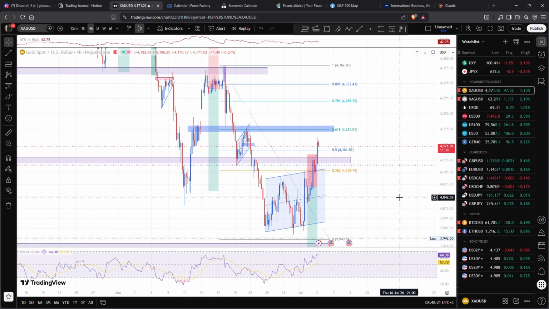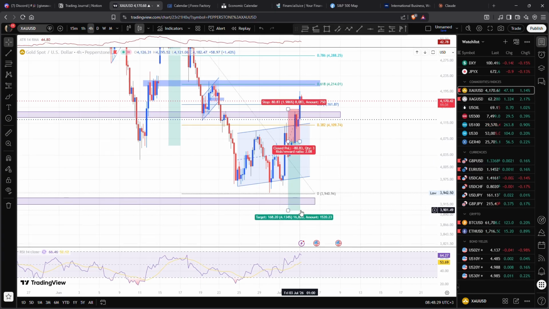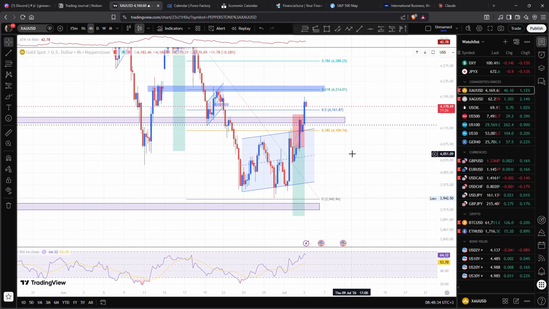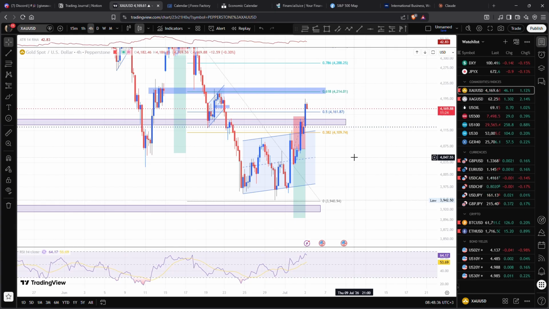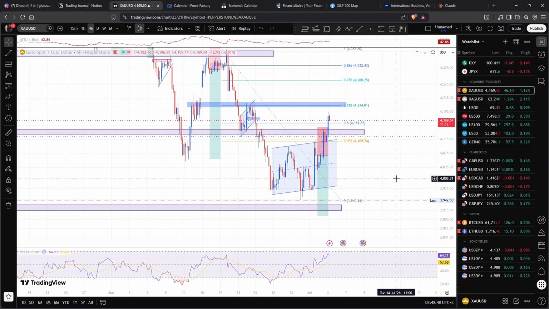So this was the short position I had on gold. I had a clean flag that had formed. Took my short position here. I really don't have targets. I usually just let my winners run as far as they can and trail my stops. So mostly I don't hit take profit; my trailing stop is what is usually hit. That's just my preferred style of trading.